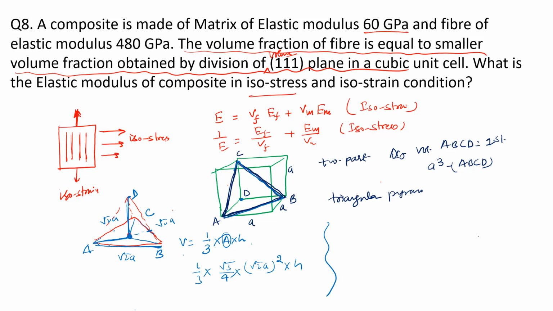To calculate the h, we take this length, and this length we know. What is the value of this length over here? This length is equal to AD. So AD is how much? A, right? So this is the value A. Let me draw in a different color. So this AD is equal to A.